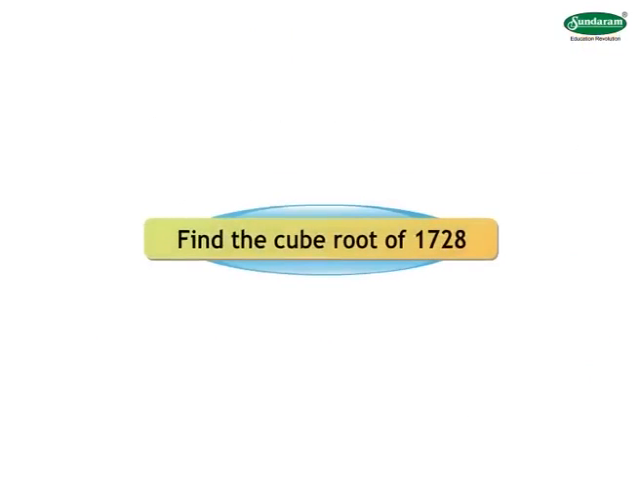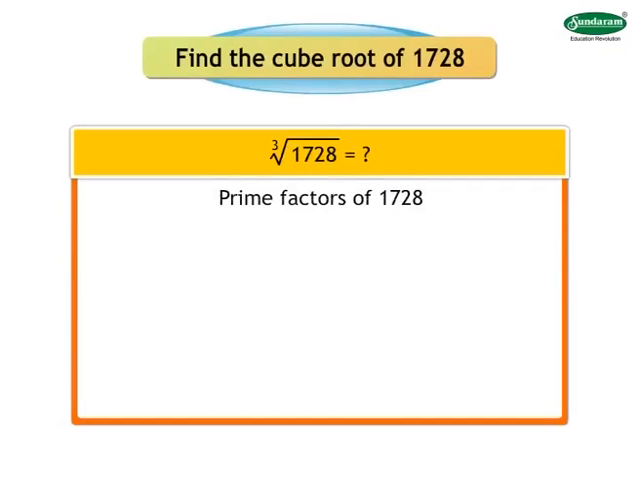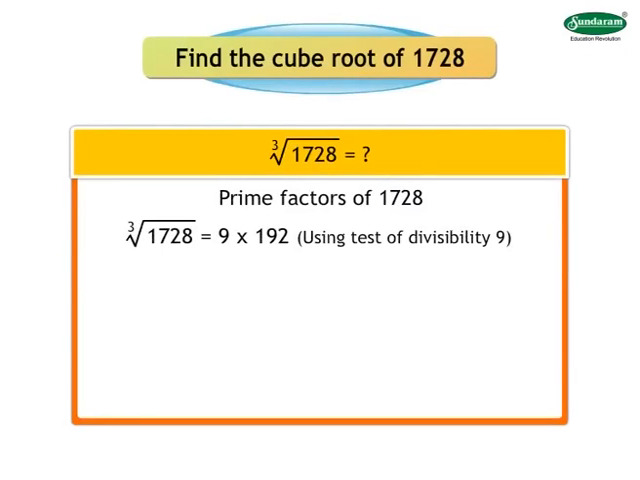Let us see an example. Find the cube root of 1728. First, we will find out the prime factors of 1728. Now, 1728 is the product of 9 and 192. Here, we used the test of divisibility of 9. Now, keeping 9 as it is, we write the factors of 192 as 3 into 64, using the test of divisibility of 3. Keeping 9 and 3 as it is, we write the factors of 64 as 8 into 8,